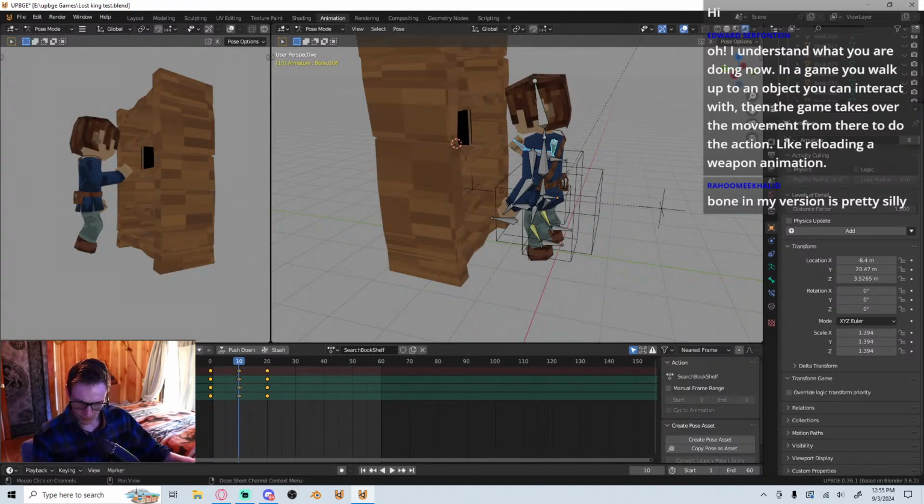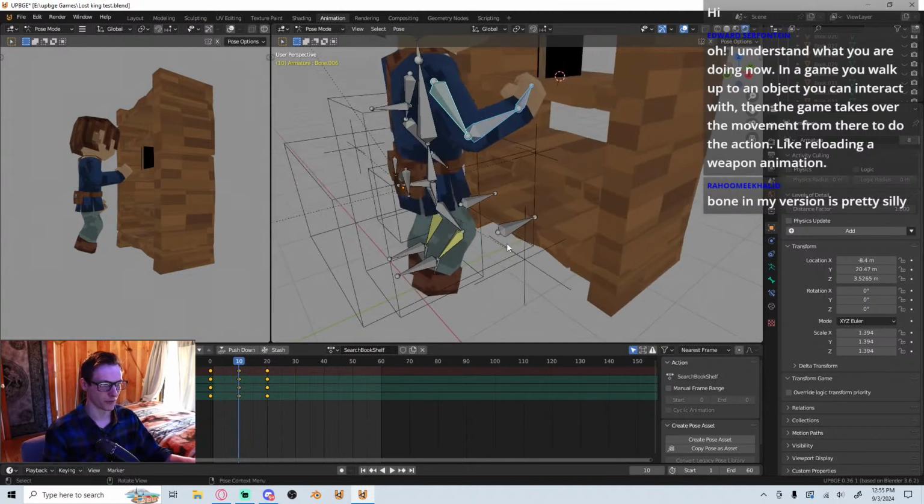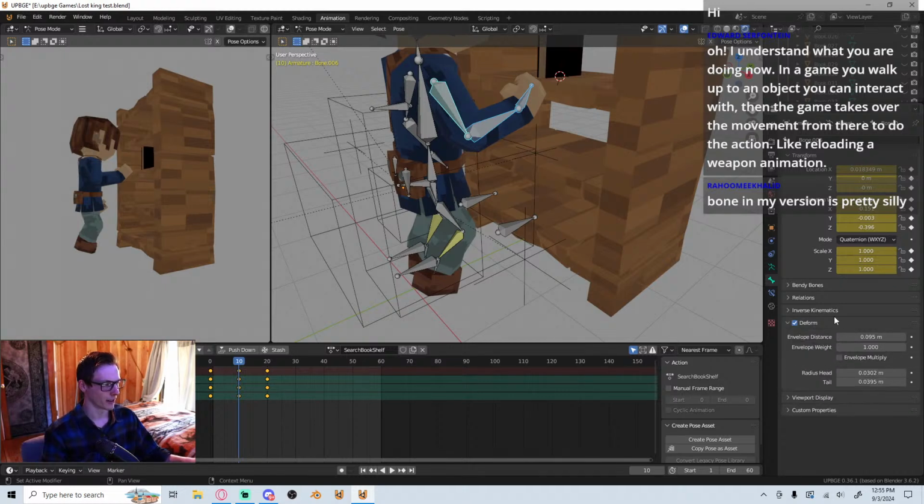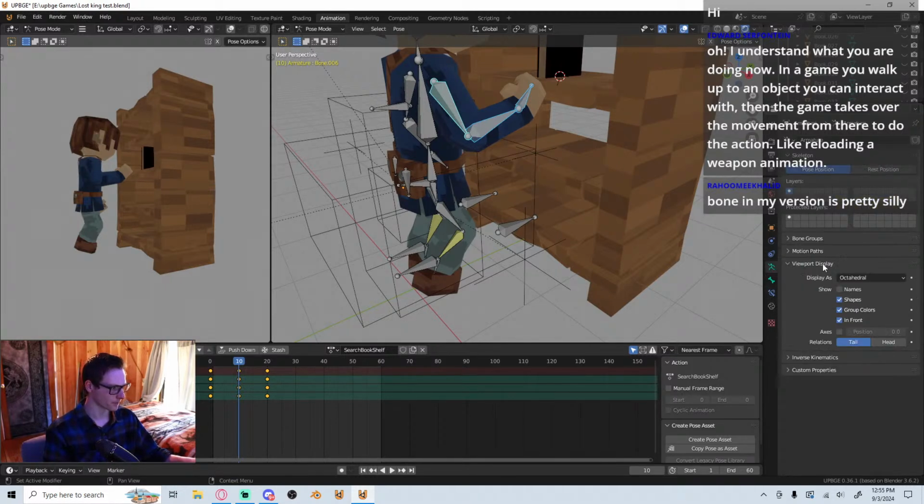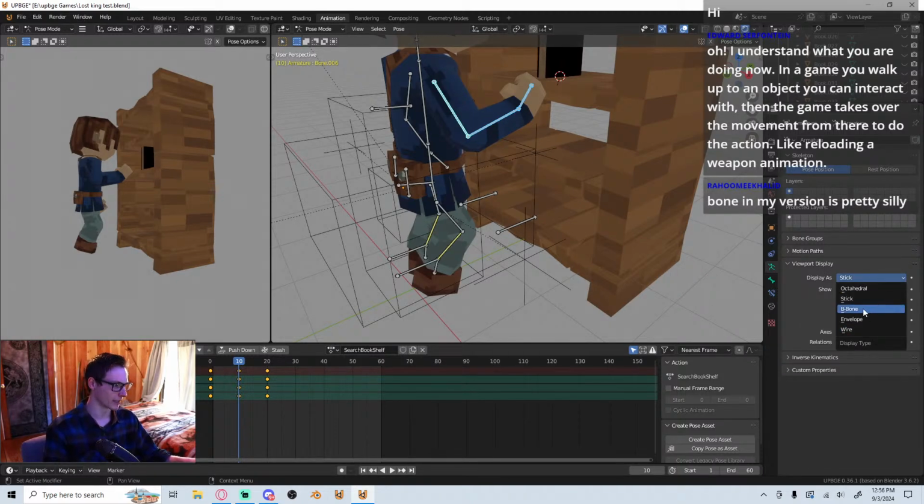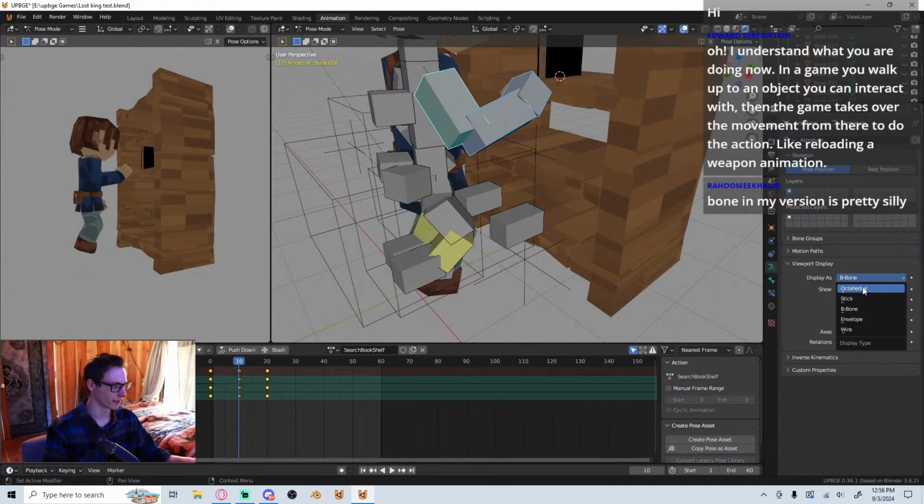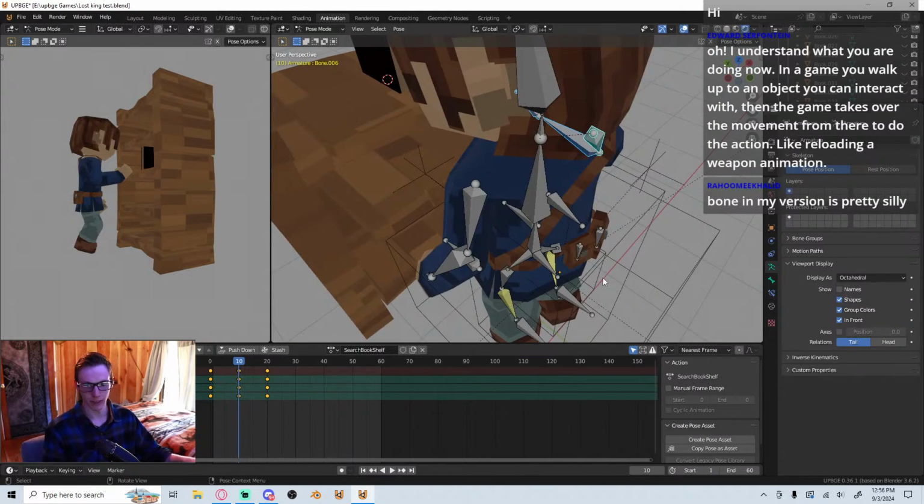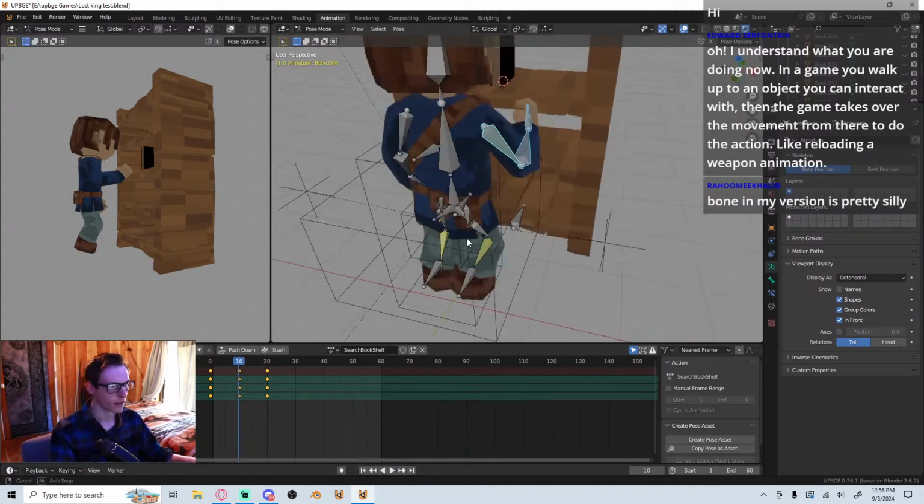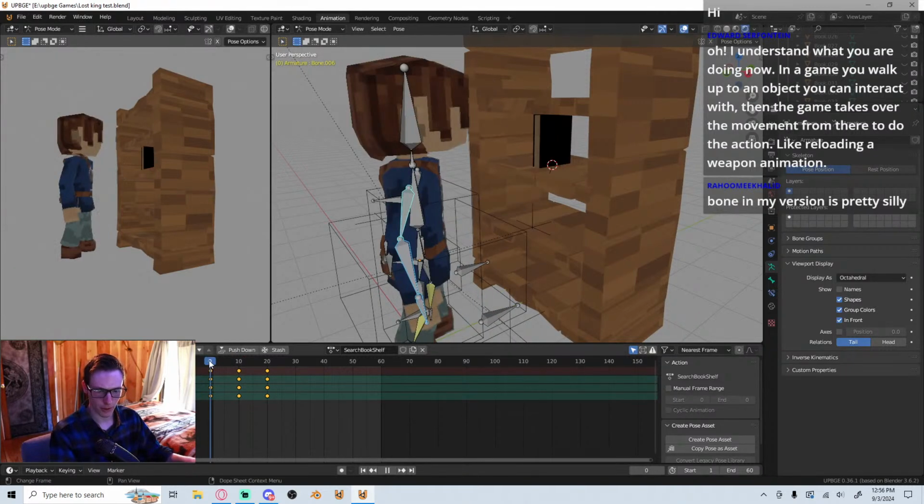Bone in my vision, pretty silly. Oh yeah, some of the bones are a little bit funny. You can change the bone types too if you want. So you can go over to your armature and change the shape of your bones. I like the default, so B bones are pretty silly. Yeah, I like these default bones. Okay, so going back into here,